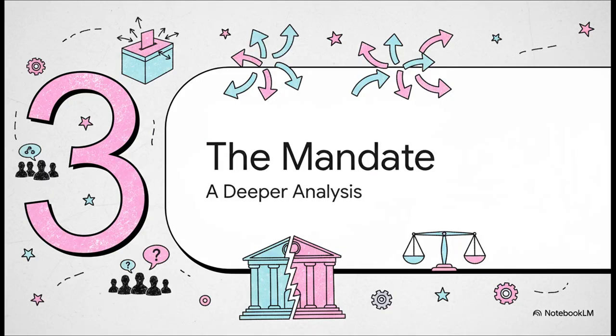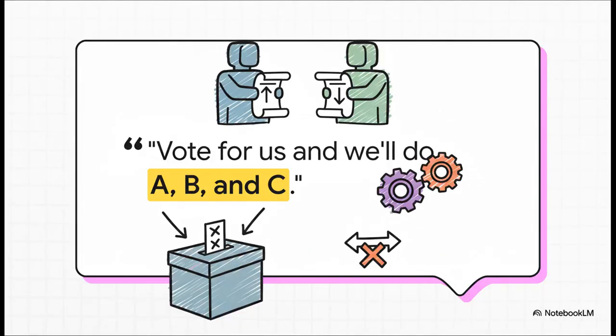Okay, so we've got our three pillars. Now, let's circle back to representation and zoom in on that one specific concept, the mandate. The authority a government says it gets from your vote, because this right here is where democracy gets really, really fascinating. At its most basic level, a mandate seems super straightforward, right? A political party stands up and says, hey, vote for us and we promise we'll do A, B, and C. They win the election and boom, they can turn around and say they have a clear mandate from the people to do those things. Simple.